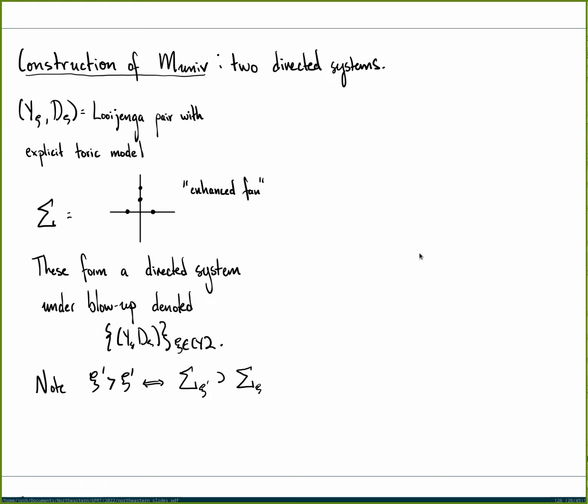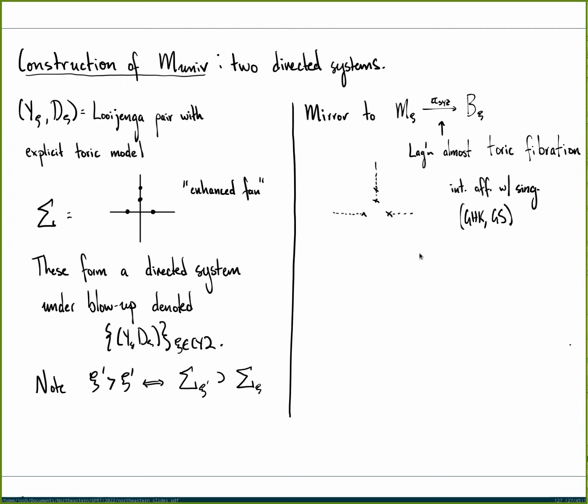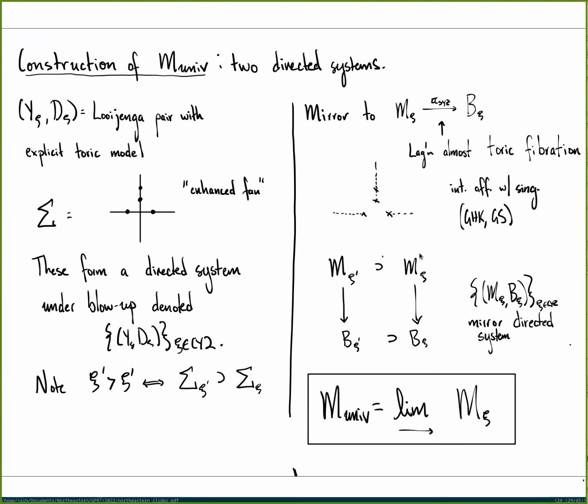And the point is that I can use these little diagrams to actually construct my mirrors. I won't spend too long on this because you guys are, again, not symplectic geometers, but I'm going to construct these as Lagrangian almost toric fibrations over bases with integral affine structures with singularities. So from my enhanced fan, I can read off a base, an integral affine space with singularities. That's just some two-dimensional space where away from isolated points, I have some lattice sitting inside of the tangent bundle. And then I can form some symplectic manifold over that space